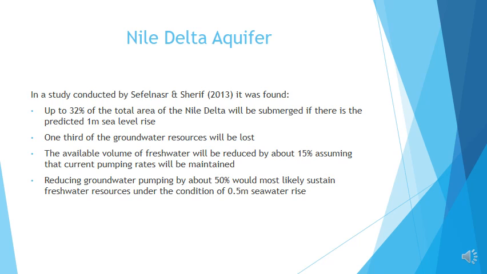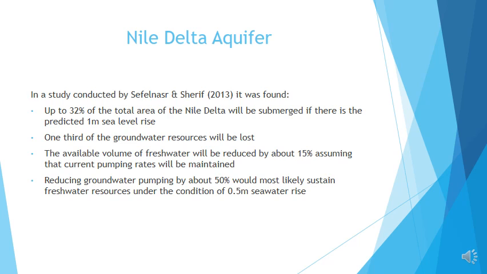In a study conducted by Sefelnasr and Sherif in 2013, it was found that up to 32% of the total area of the Nile Delta will be submerged under a 1 metre sea level rise. One third of the groundwater resources will be lost, and the available volume of fresh water will be reduced by about 15%,